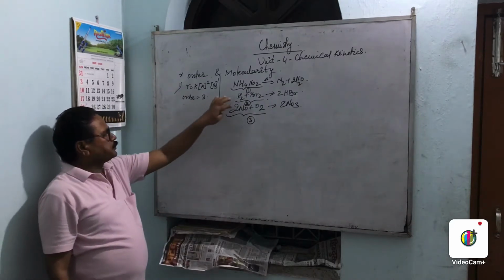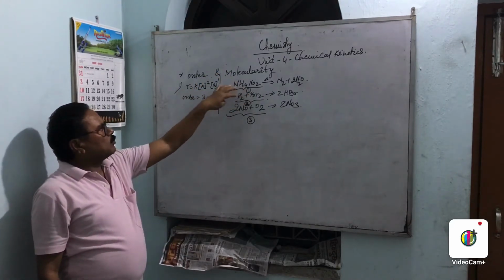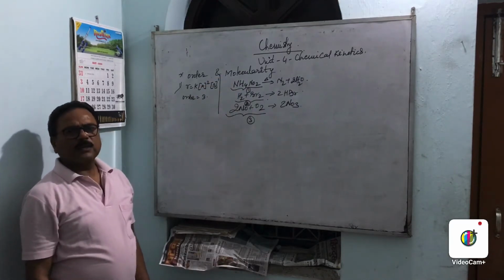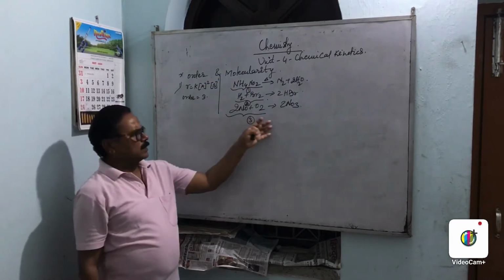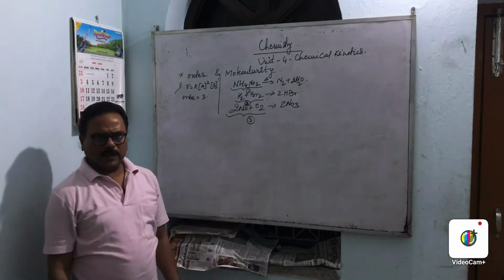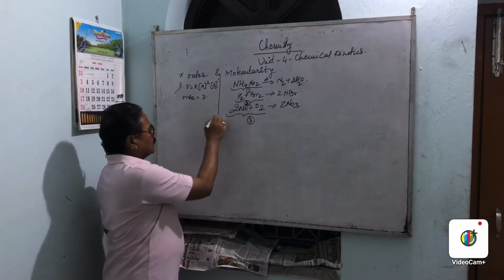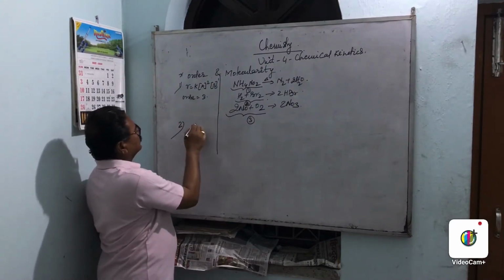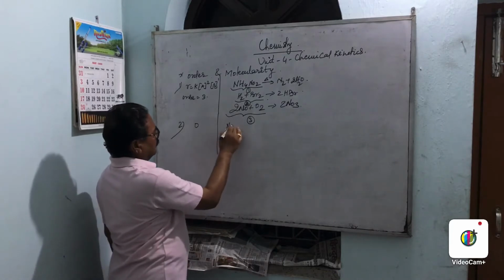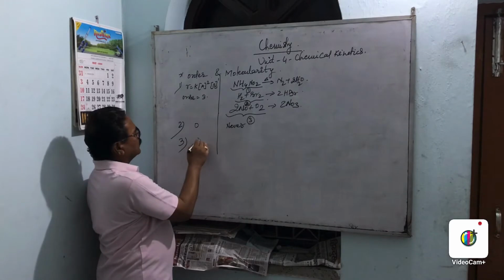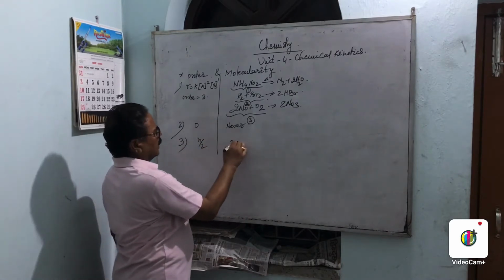So the total number of molecules that take part in a reaction is known as the molecularity. If 12 species take part, then the molecularity will be 12, right? Another point of difference: the order can be 0, but molecularity can never be 0. Third, the order can be fractional, but molecularity cannot be fractional.